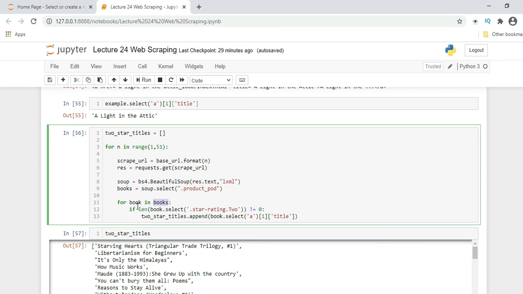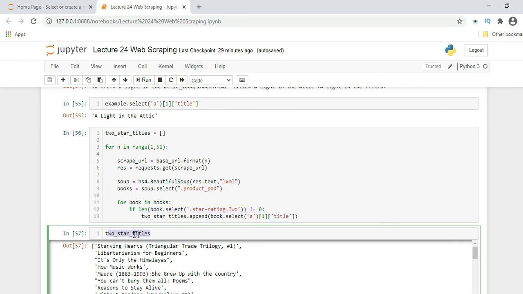If len(book.select(".star-rating.Two")) is not equal to 0, then it will take this variable and append book.select("a")[1]["title"]. So this loop will run 50 times, and it will take the values which meet this condition, not equal to 0, and store them into this variable.